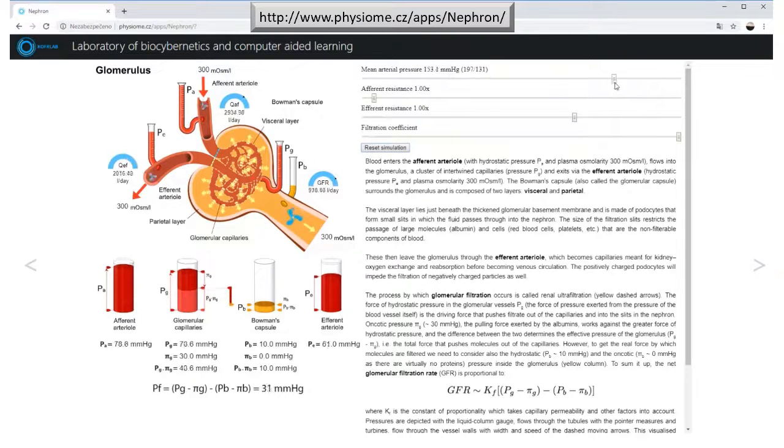Another example is a sample educational application explaining the function of the nephron. An interactive model-driven picture of the glomerulus leads to a better understanding of the context in the accompanying text. This picture shows how changes in arterial pressure, resistances in afferent and efferent arterioles, or changes in the filtration coefficients affect glomerular function.